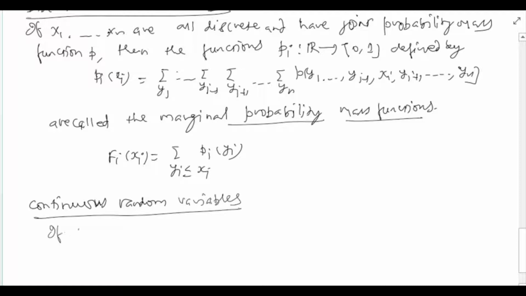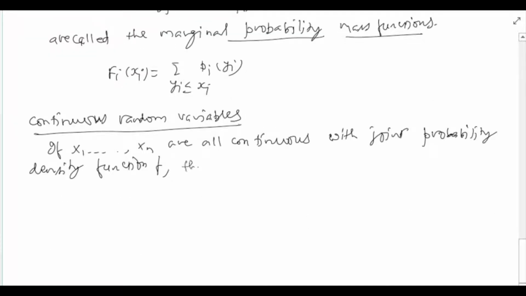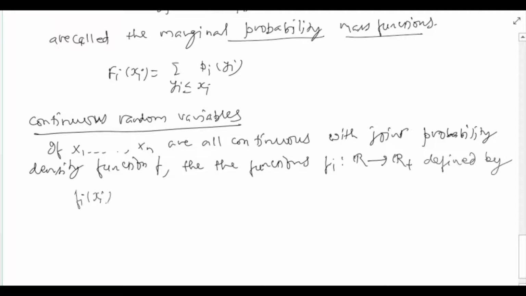Suppose x1 to xn are all continuous, with joint probability density function f, then we can define functions fi from R to R plus defined by fi of xi equal to